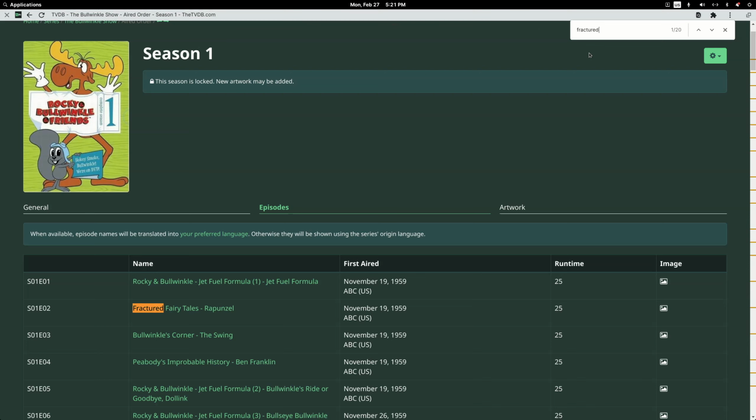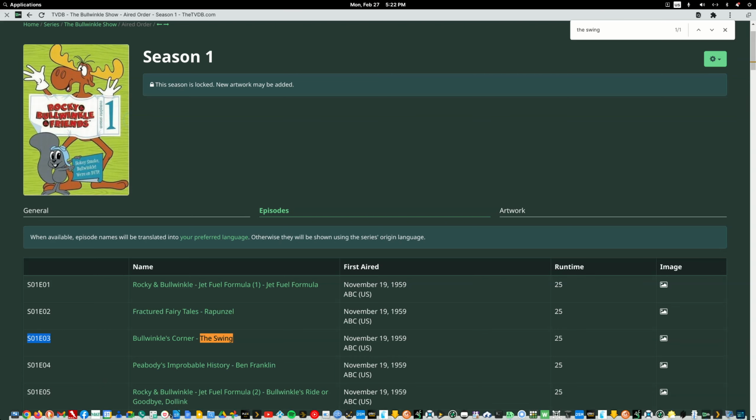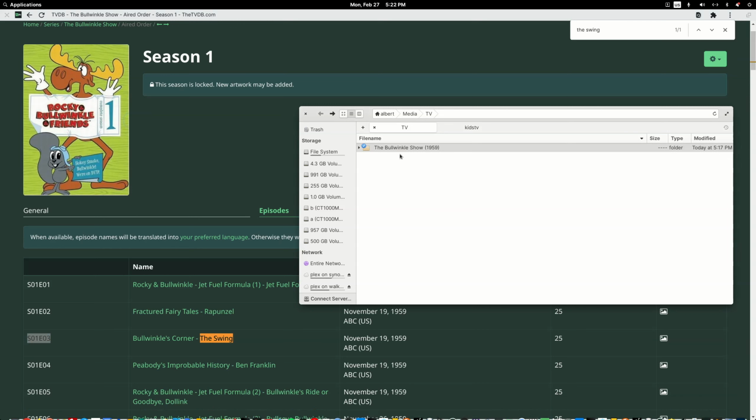Of course, Fractured is going to be used a lot with this series, but there's 20 of them. But if I did the Swing, there's only 1, and just by doing that search, you know it's the first or the 3rd episode, and you can highlight that, and you can go to your media. You don't even need anything named too well. As long as you've got it